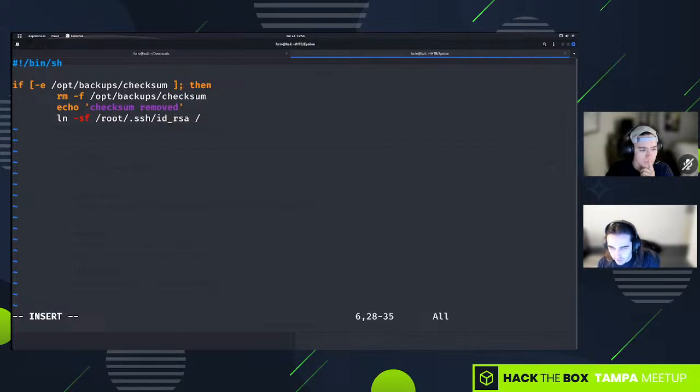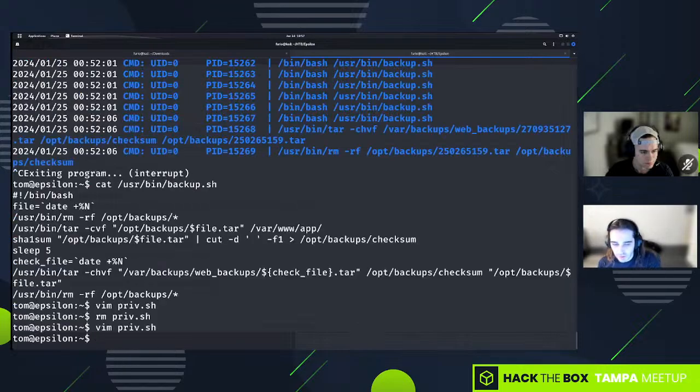And we'll link that to the /opt/backups checksum, and then we'll echo link created, and then we can feed it there. And then we can just run this shell script in a loop. So we'll just do while true, do